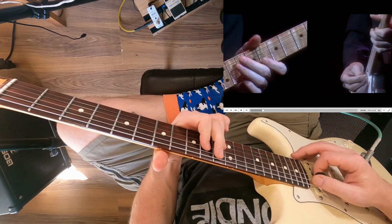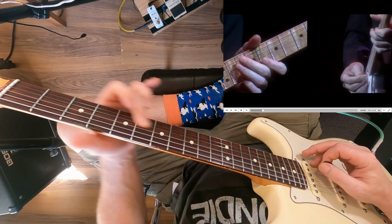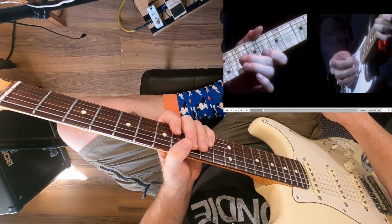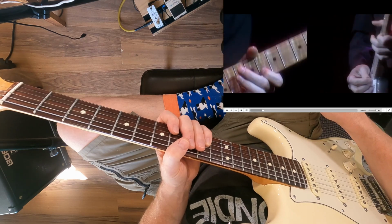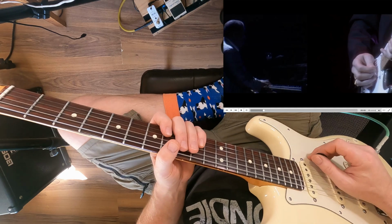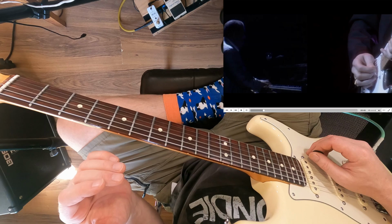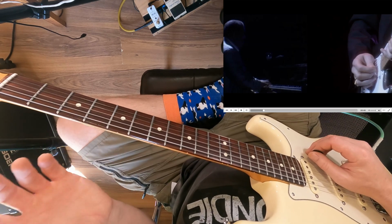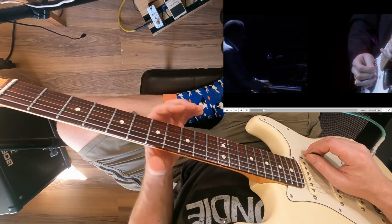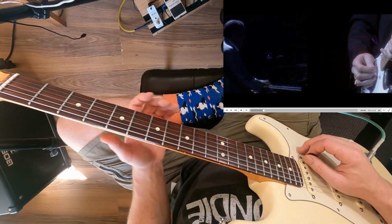So G7 or G9. Let's watch the lick a couple of times and then we'll break it down. Alright, very cool. So you can think of this a couple of ways. You can think of playing straight out of the G minor pentatonic, or just adding the 9 to the C minor pentatonic, and the 9 being the 10th fret of the high E, and this is in the G